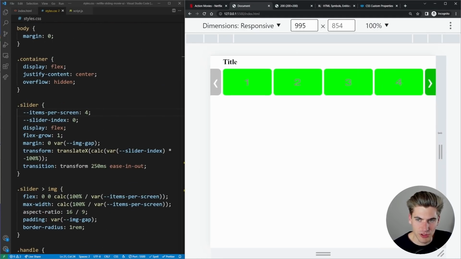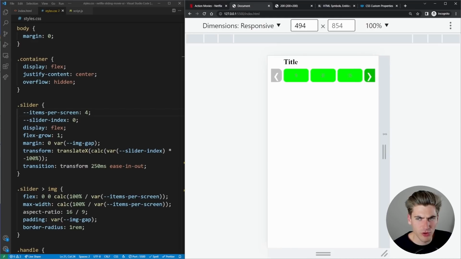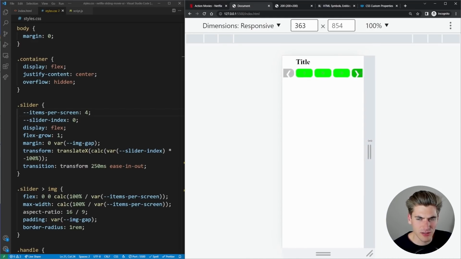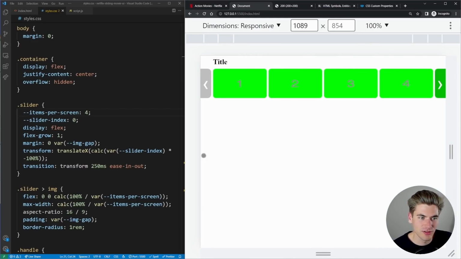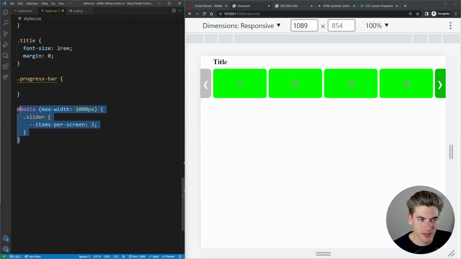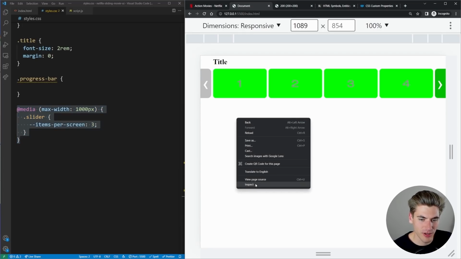So now, as we shrink our screen, it's showing 3 items. And as we shrink it more, we can make it show more and fewer items. So I think that's a really good idea. For example, when we got to this size screen, we could change it to 2 items and so on. All you'd have to do is find your breakpoints to fill out the rest of these. We're not going to go through that because it's kind of boring, but that's how you would do it.